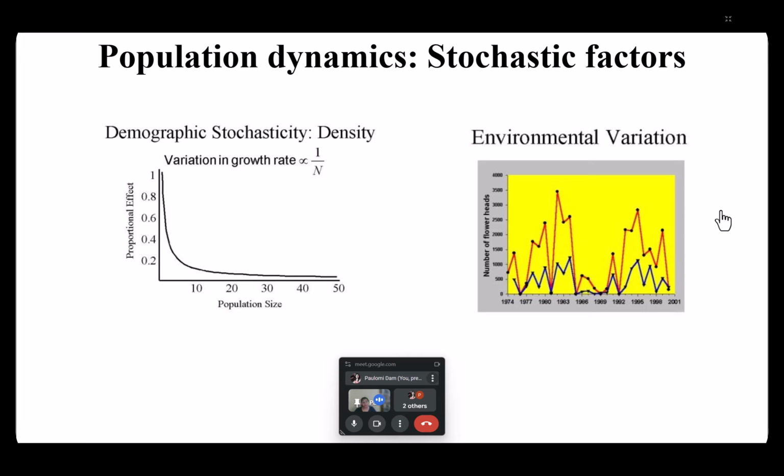Let's imagine this to be a 1,000 individuals population, and out of this only 50 individuals reproduce. When you have a larger population, you are bound to expect that there will be more individuals reproducing in the population, and that will bring stability to the population size. So that's about demographic stochasticity. Now this was about reproduction.